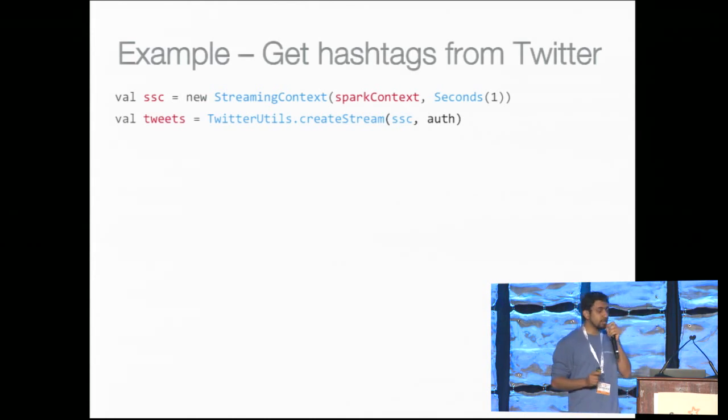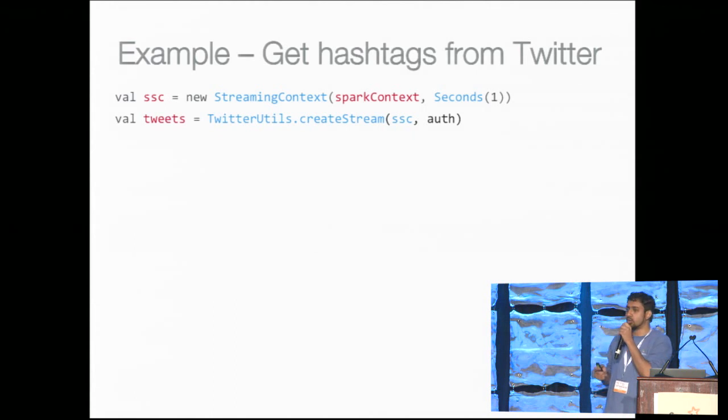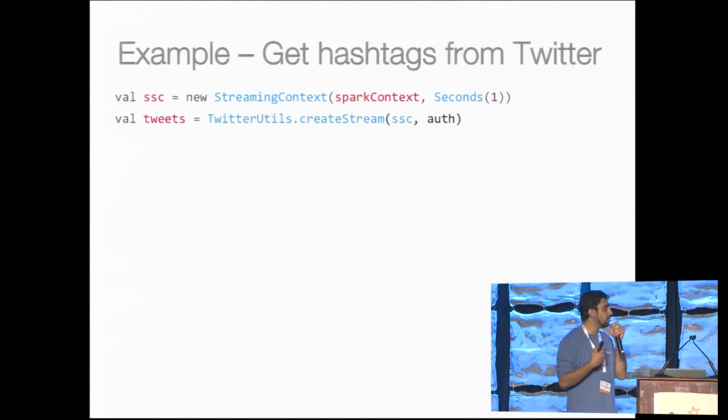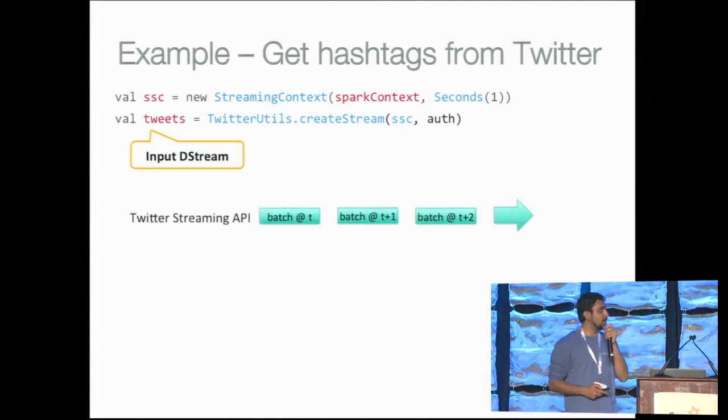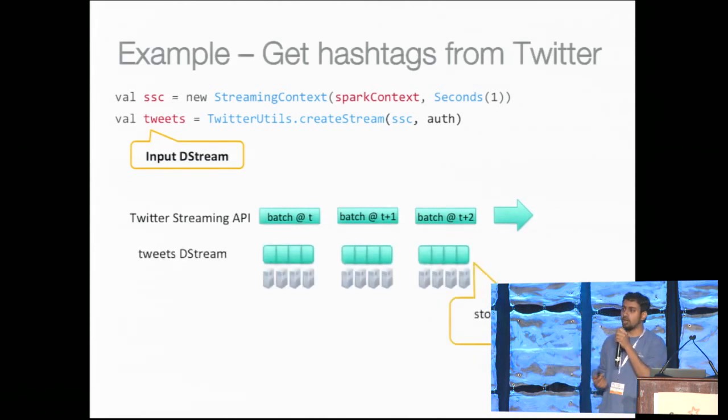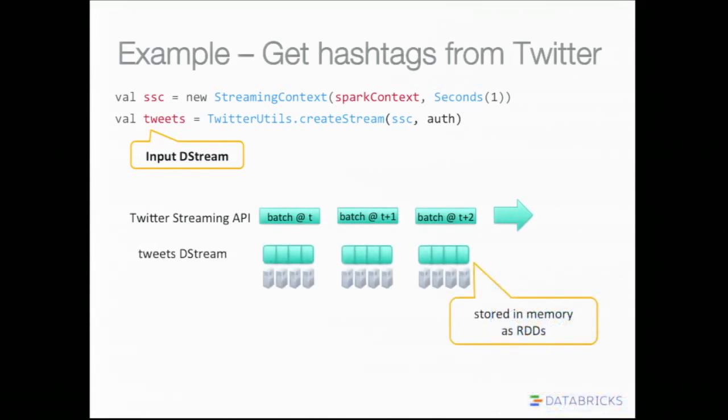Once you create a streaming context, that gives you access to a library of utilities that allows you to create new input streams from different sources. In this case, since I want to get the hashtags from Twitter, we're going to use Twitter util to create a Twitter DStream, which essentially creates a new input DStream. Underneath, as data is received from the Twitter streaming API, the data is chunked into batches, and the batches of data are stored in Spark's workers' memory as